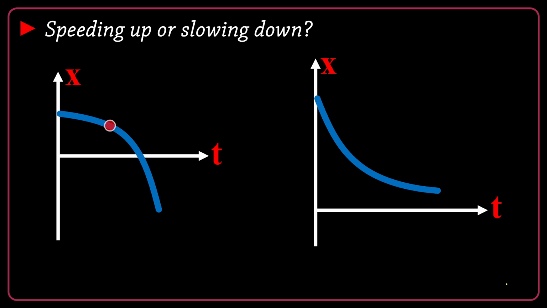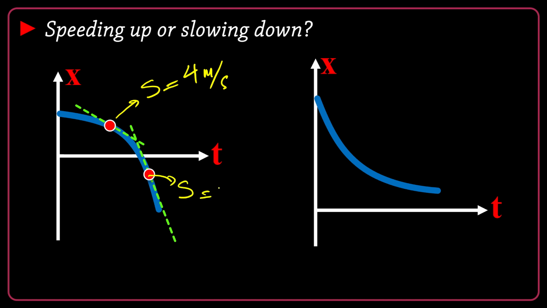It is very important in the cases when the velocity is negative. Look at the left one. Here the velocity is negative, but I do not notice the velocity at all. It's just the speed which is important for me. The speed here is, I don't know, 4 meters per second. It cannot be negative. At a later time, as the graph is more descending, the speed has a larger magnitude, so the speed may be 10 meters per second. So here I say again, the object is speeding up. Forget about the negative sign of the velocity.